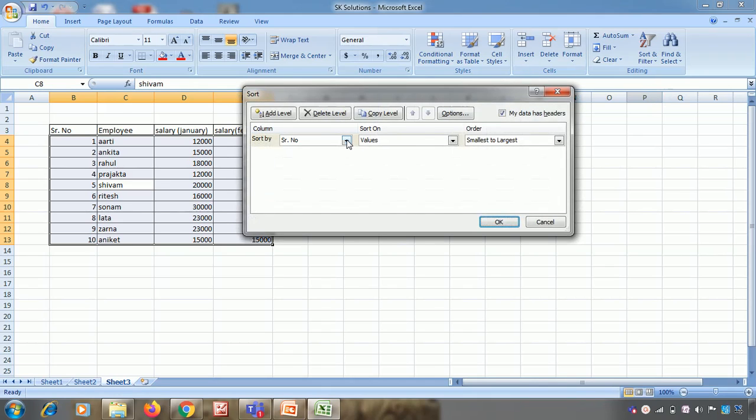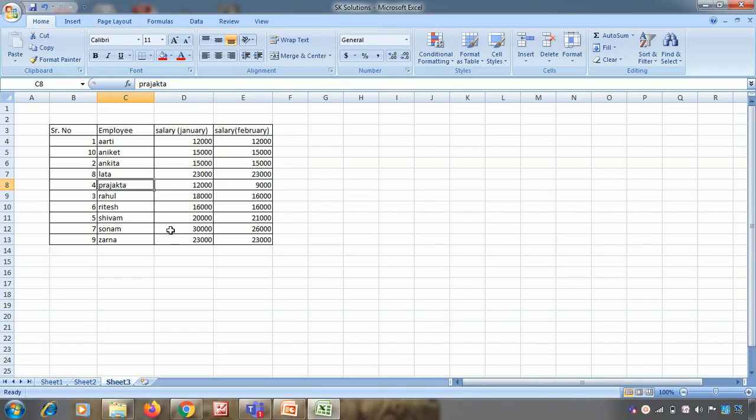Now here you have to select which column you are keeping as a reference. So I am keeping this employee as a reference. Values are from A to Z. Okay, so first it will filter the data in alphabetical sequence. Now second, I have to filter them on the basis of their salary in the month of January. So I have to select that particular column, so I will select salary of January. Values I am selecting from smallest to largest. Friends, pay attention. Here the priority will be given to the employee name and second priority will be given to the salary of January. Now when I hit OK, the filtering is done.